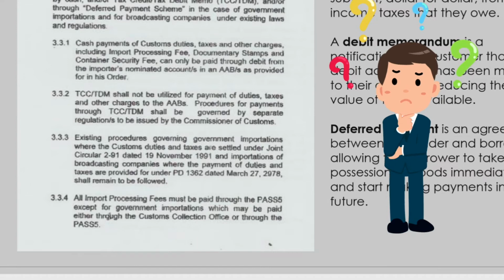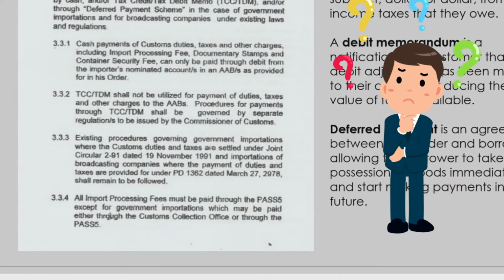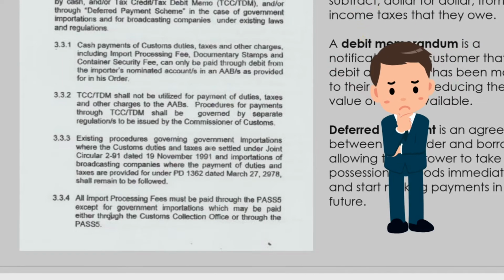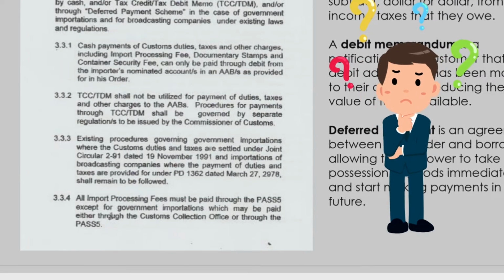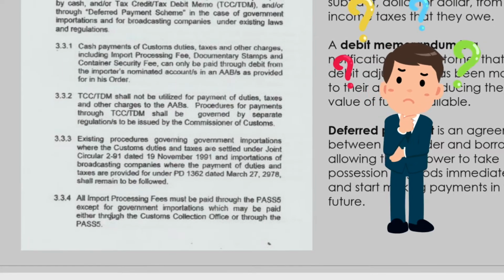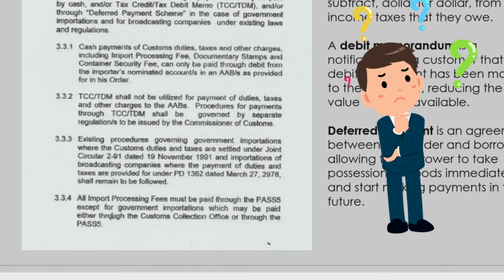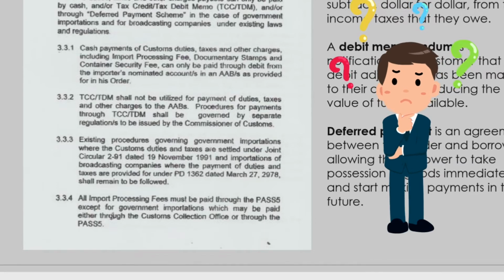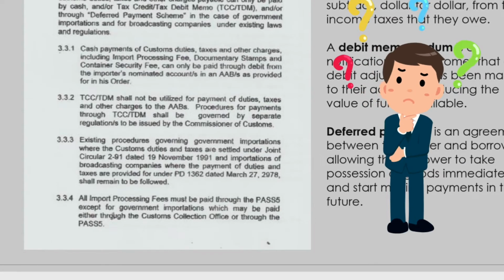TCC, TDM shall not be utilized for payment of duties, taxes, and other charges to the AABs. Procedures for payments through TCC, TDM shall be governed by separate regulation to be issued by the Commissioner of Customs. So the TCC and TDM, they cannot be used for the payment of duties and taxes and other charges to the AABs. There should be a separate